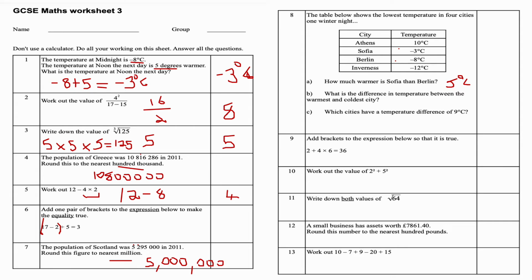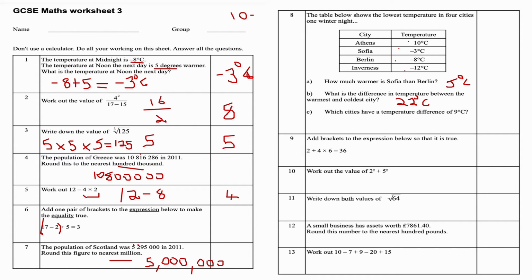This is part B. What is the difference in temperature between the warmest and the coldest city? So Athens is the warmest, Inverness is the coldest. If I work out the difference from 10 to negative 12, I get 22. Okay, because essentially what I'm doing is I'm doing 10 subtract negative 12. So I'm doing 10 add 12 essentially, because I'm doing 10